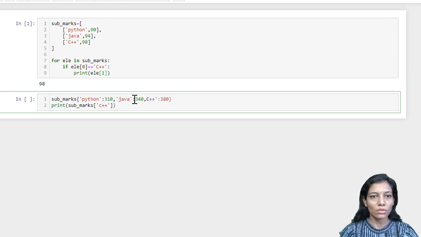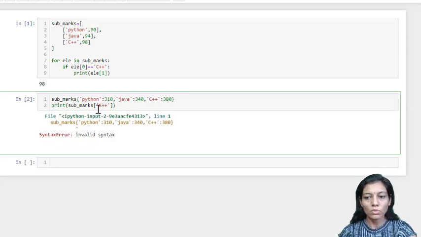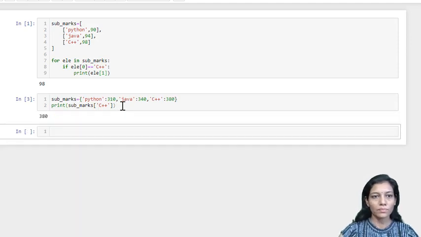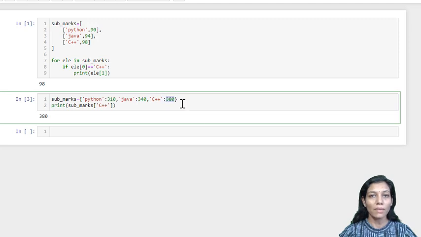Here I forgot to mention the quotes so that it will be identified as a valid string, and similarly I am giving it over here. Okay, so it has retrieved the corresponding marks. So here in order of 1, that is constant time, I am able to extract my element of interest. So this is quite efficient in terms of time complexity to use this dictionary data structure.